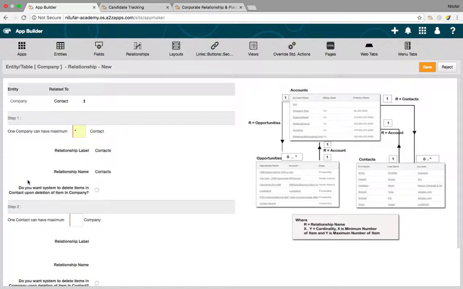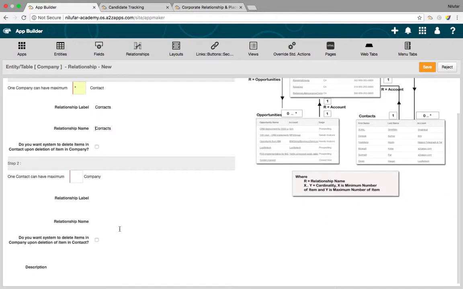There is a checkbox which says, do you want the system to delete items in contact upon deletion of an item in company? Meaning, if you delete the company, do you want the system to delete the contact as well? No, I don't want to do that, so I'm not going to check this one. The next step is to define the relationship from the other side. It would be one contact can have a maximum of one company.